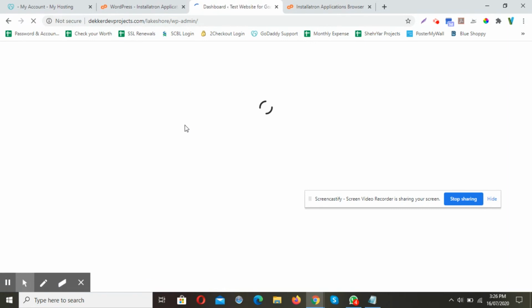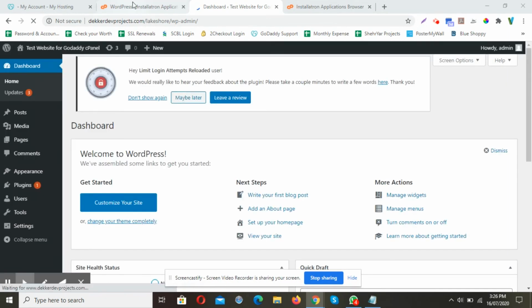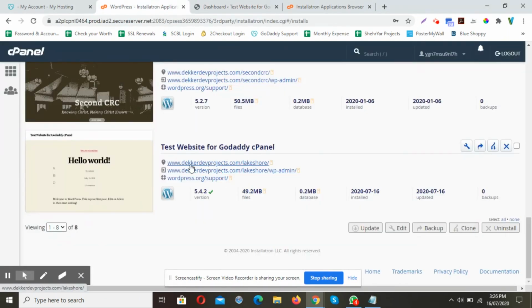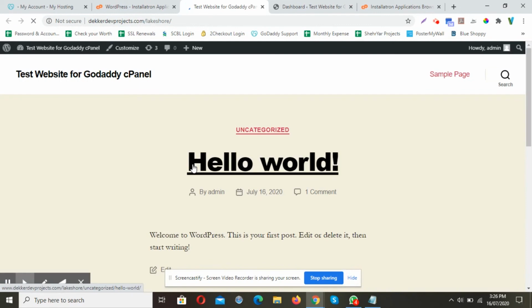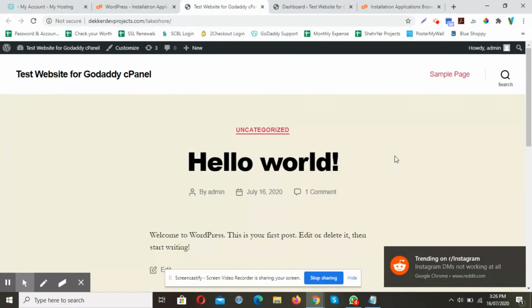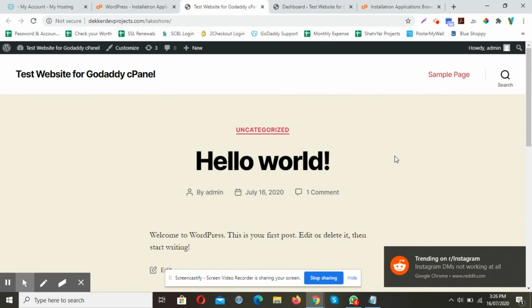Okay, you can see I am now in my WordPress admin, and the directory that I associated with this server is also available. And this is the base location for the theme that I just installed. So you can see how easy it is for you people to install WordPress on your own. You don't need some high level technical understanding. You can simply do this following the steps that I have told you moments ago.